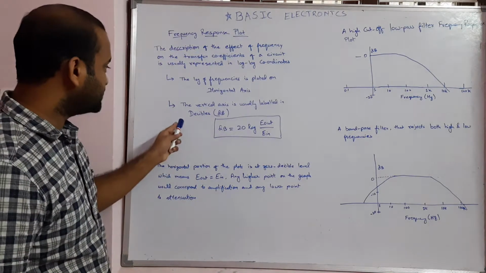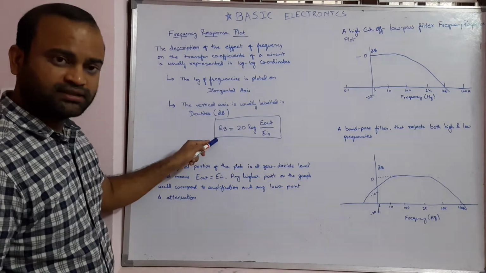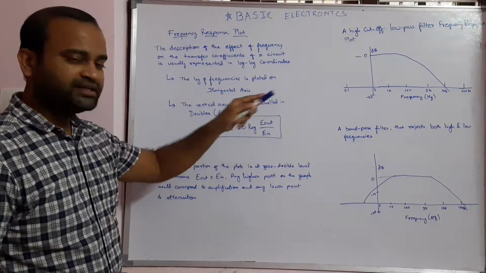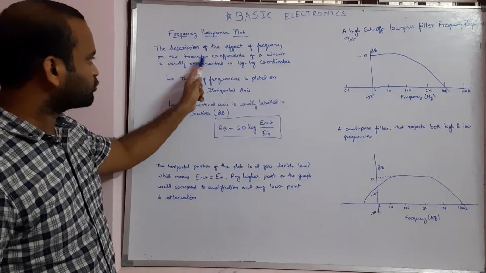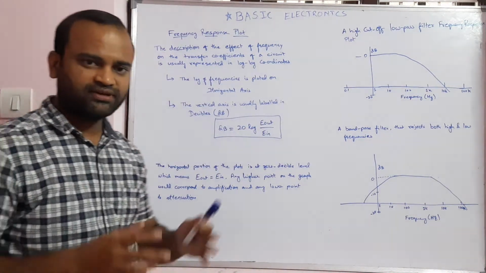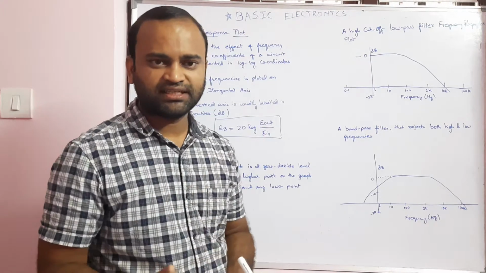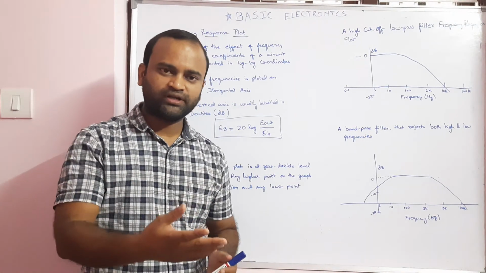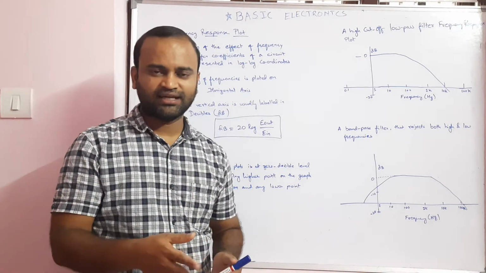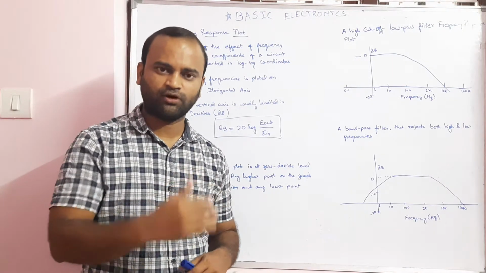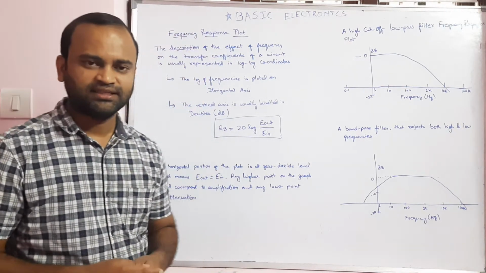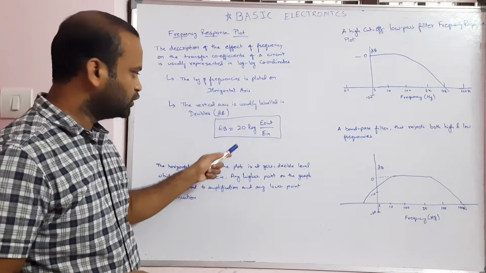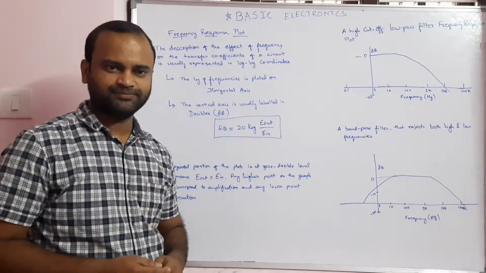Now, the decibel is defined as dB equal to 20 log E out by E in. In our case, the transfer coefficients are E out by E in. For a system, the transfer function is output by input. So, if you are considering voltage, the output voltage by input voltage are the transfer coefficients, right? The ratio of output voltage by input voltage. Hence, our transfer coefficients are E out and E in. Hence, decibel is defined as 20 log E out by E in.